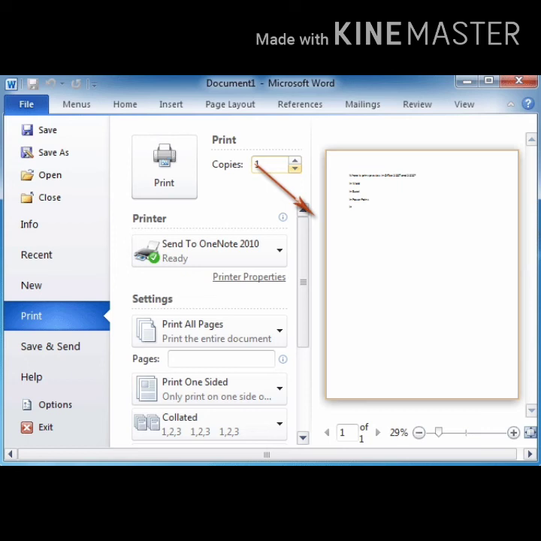From this dialog box, you have to select the number of copies to print. Then after you have to click onto the Print button. One copy of the document will be printed and you can change the number of copies to be printed in the Copies option.